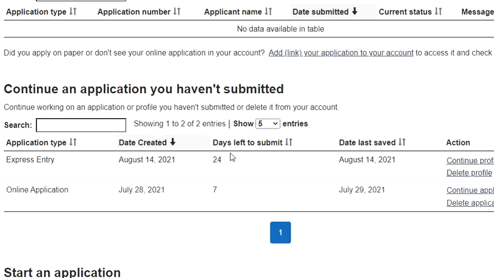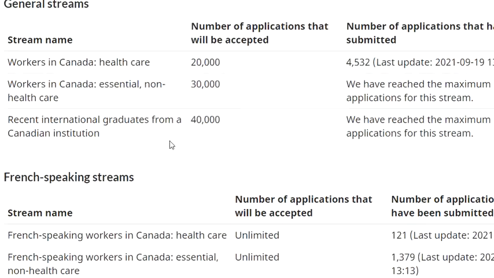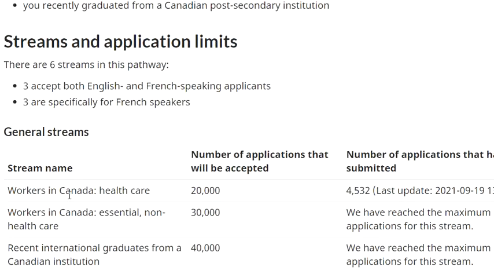Moving on to the next one, of course you will see the date submitted, and then you will be able to see the updates. In case you can link up your application, you definitely can do that. In case you're not able to, don't worry about that. Your application has to be loaded on GCMS, and I'll be covering it in the one-on-one queries towards the end. For more information, you can always check this TR to PR pathway, just to clarify that.